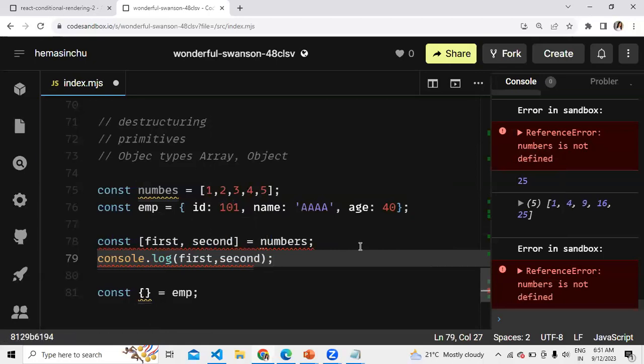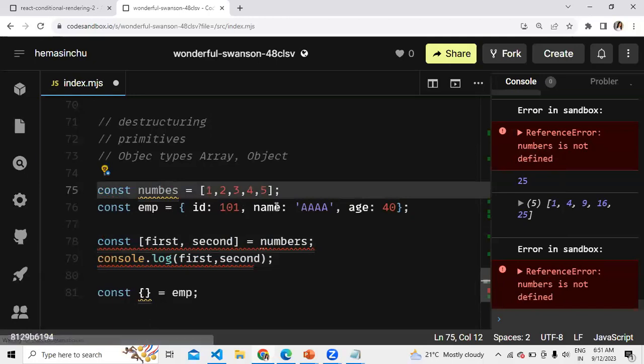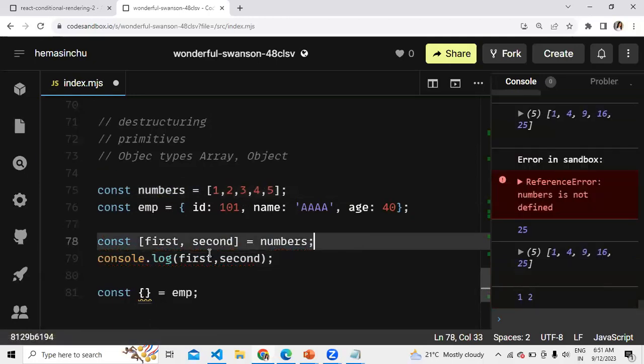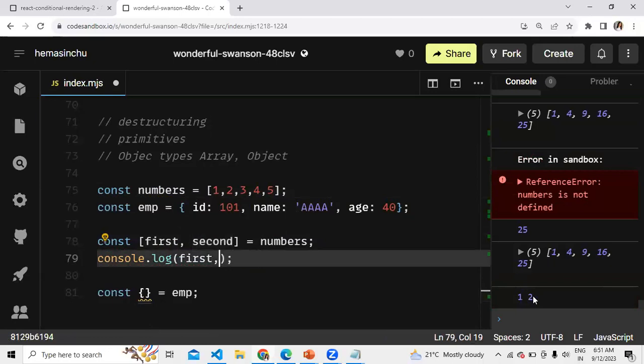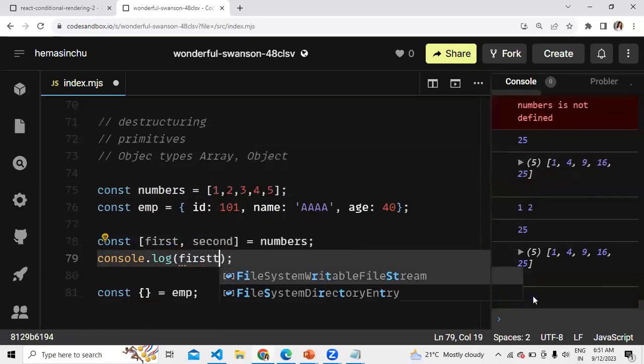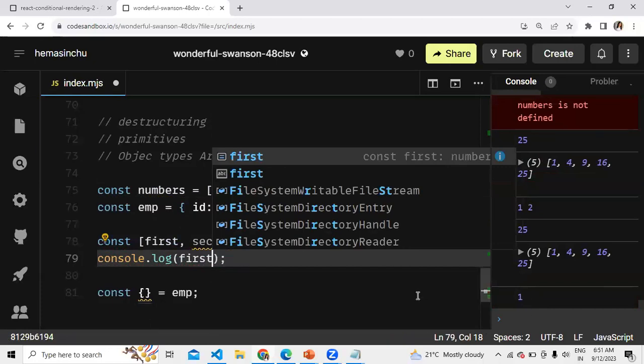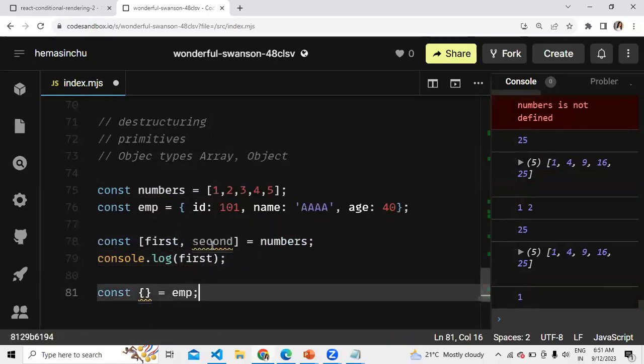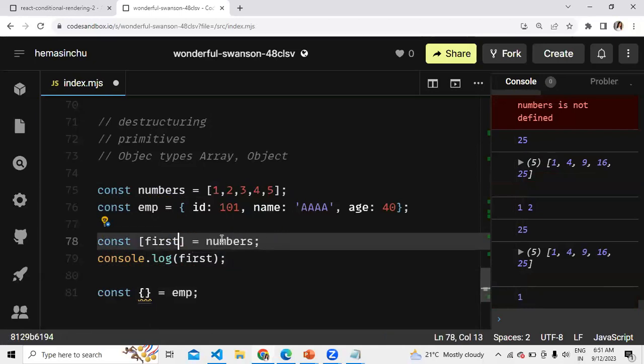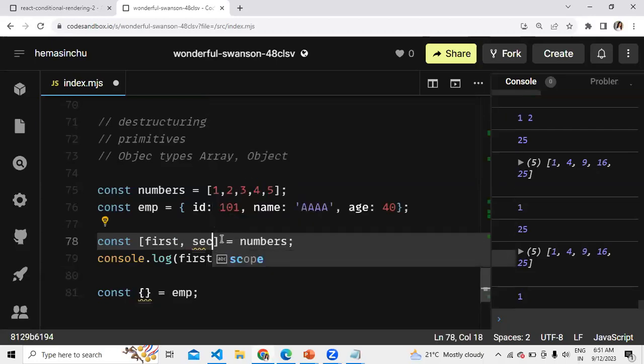In this line I extracted first and second into separate variables, which are 1 and 2. Now you see, I have only one. If I want, I can take only one out of this. I want second. So it's basically naming those values.